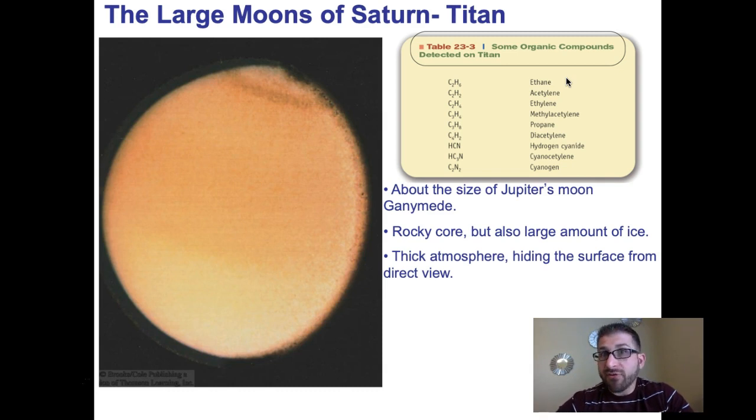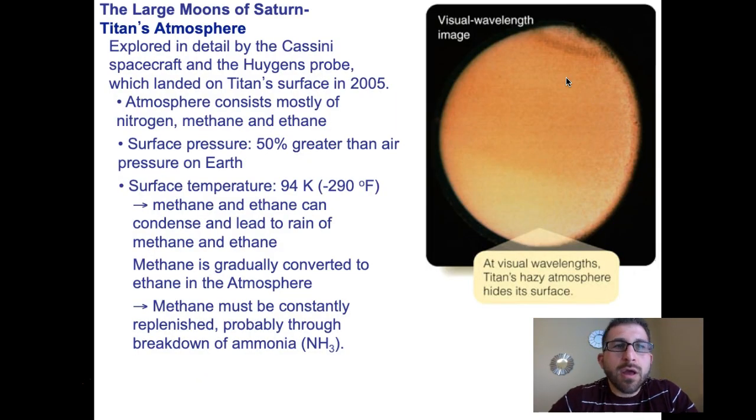Now, in terms of size, Titan is actually pretty big. It's about the same size as Jupiter's moon Ganymede, which is significantly larger than our Earth's moon. It's got a rocky core and has a large amount of ice on its surface, a thick atmosphere, and we've actually launched a spacecraft to it, which we'll talk about in a moment. So we were able to get this image from the Cassini spacecraft,